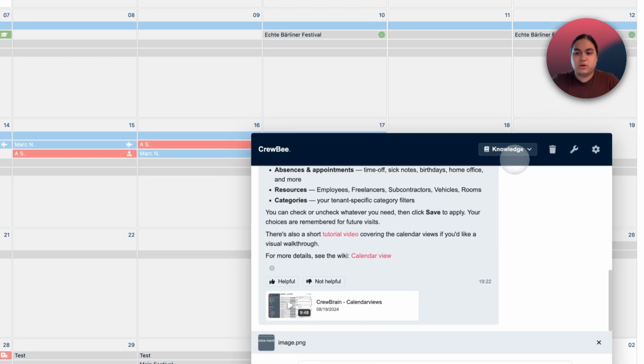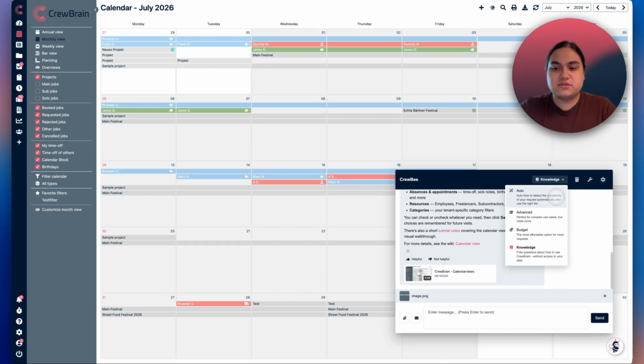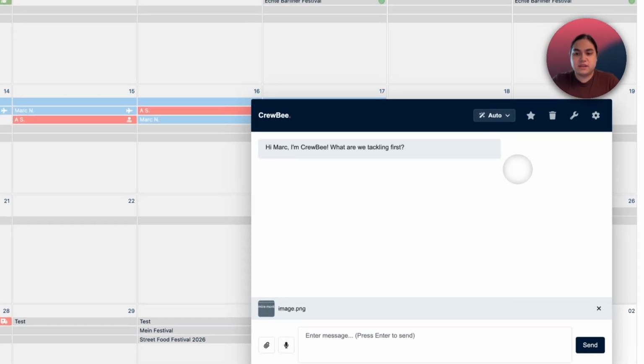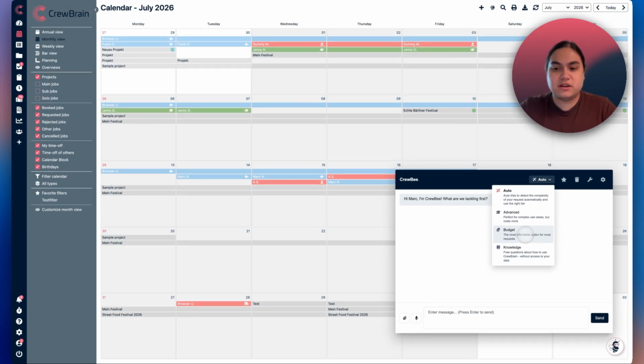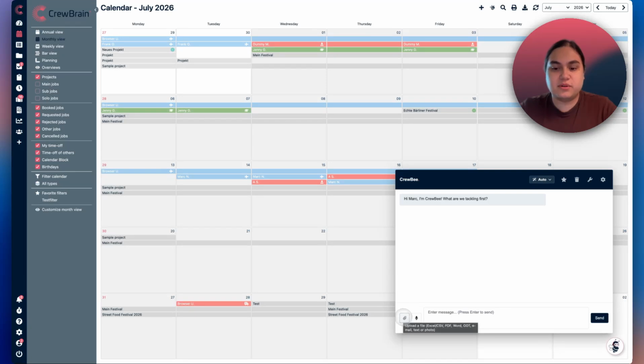Let's continue with one of the other modes. Auto mode tries to route your request to the cheapest model for your request, depending on the complexity of your request. So I'll choose auto mode, and you'll see I'm in a completely separate chat. So knowledge and the modes up here are completely separate from each other, and these are the paid modes, and this is a free mode. As you can see, the button layout is slightly different in all the other modes except knowledge mode. We have an attachment icon as well. This attachment icon does not only take photos, but also emails, for example, or Excel files. And we have a voice input icon.